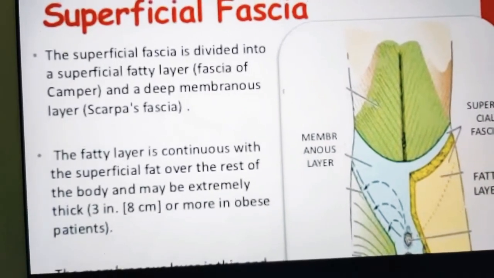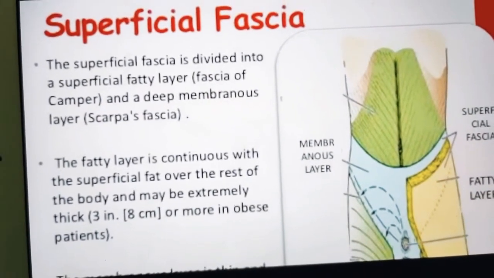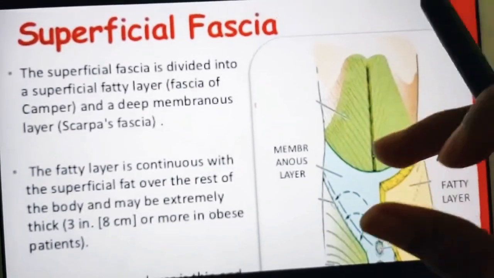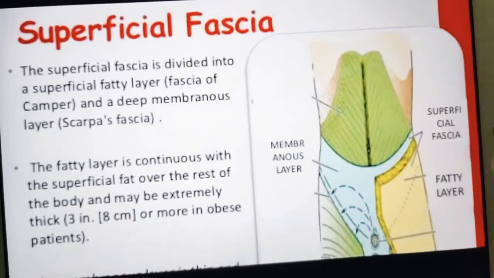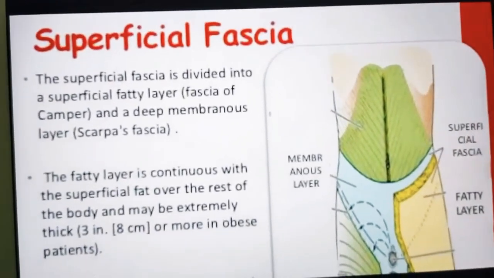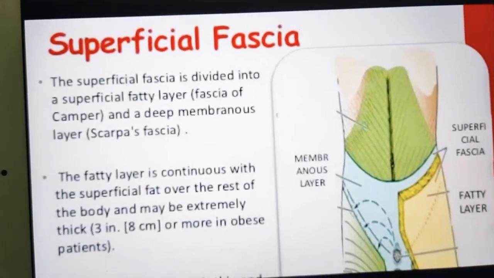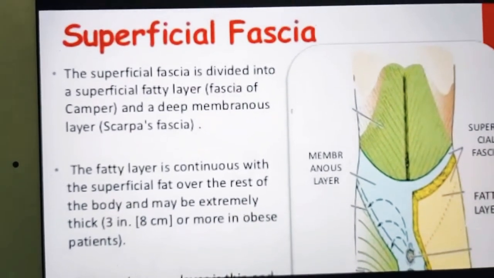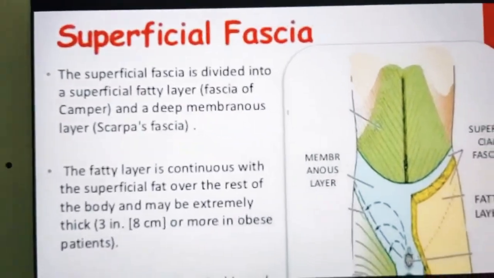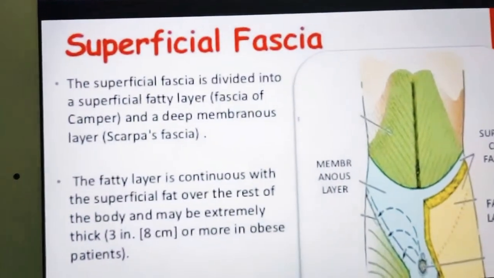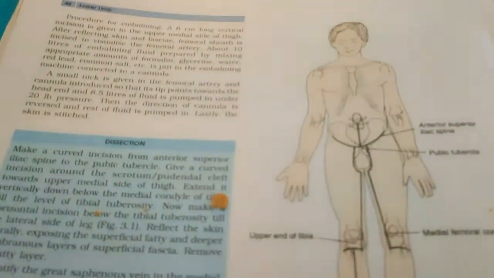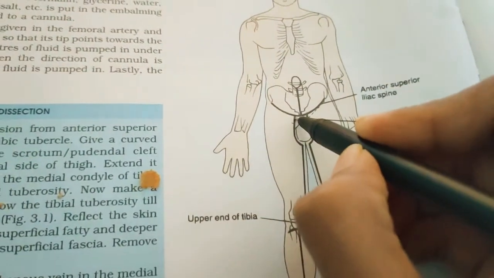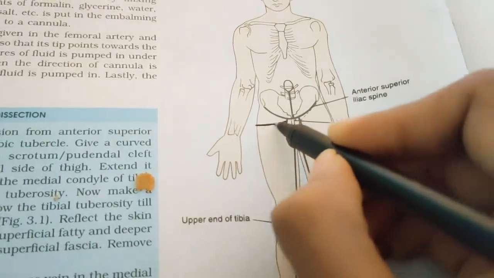So if you see the membranous layer, it is loosely attached to the deep fascia of the thigh except near the inguinal ligament. So somewhere over here will be the inguinal ligament. Except at the inguinal ligament, in all the remaining places the membranous layer is attached to the deep fascia. Where it is firmly attached along a horizontal line, the line of firm attachment is called Holden's line. So what is Holden's line? For example, you can see this over here at the thigh region. If you draw a line like this, it is called Holden's line.